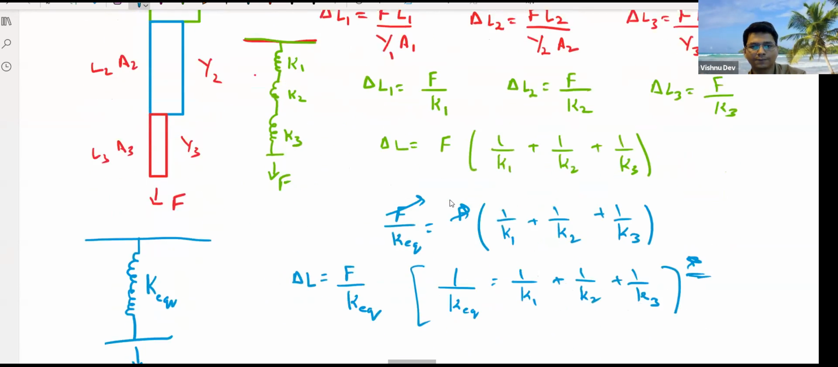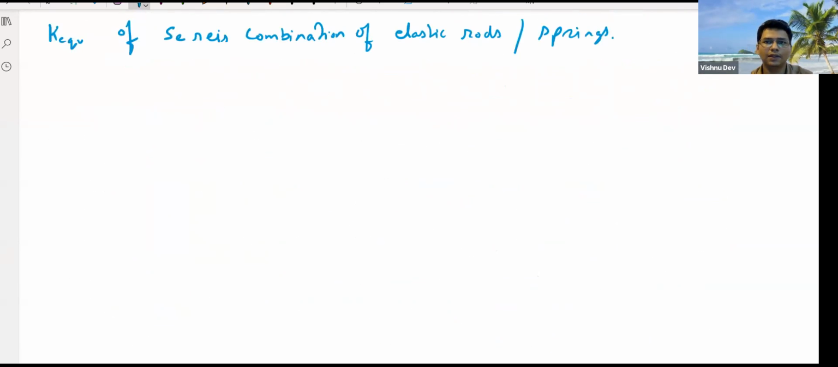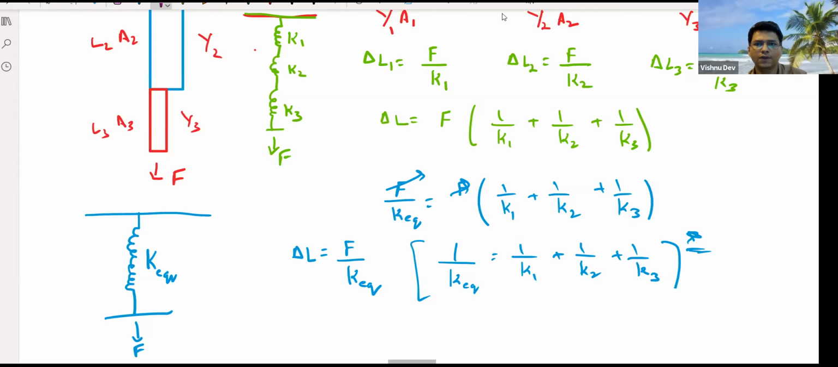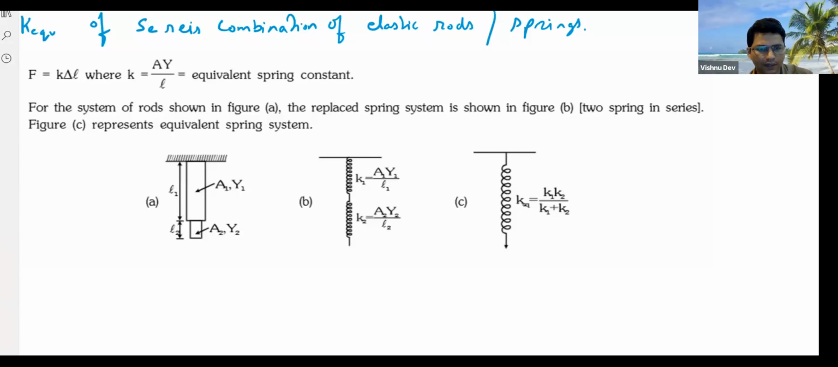Right? Okay. Now let us consider our series circuit, है ना? Just note it down if you want to note this down. If it will be two springs, A1, Y1, L1, A2, Y2, L2. So we can treat it as just two springs which are in series, where K1 is A1, Y1 by L1,